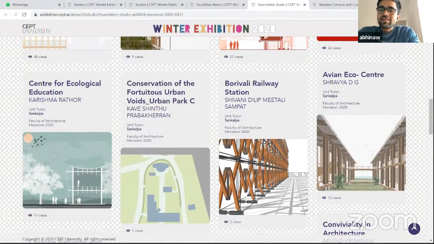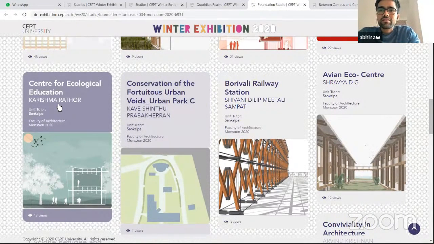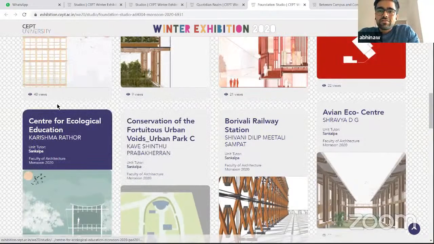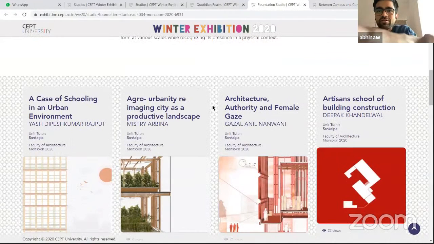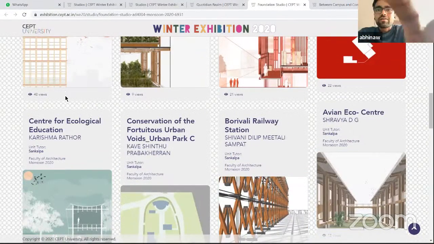So, here on this webpage, we have different projects. The one like Center for Ecological Education. So, we will start from the first one, a case of schooling in urban environment. This is done by Yash Rajput. So, the first one, if you open,